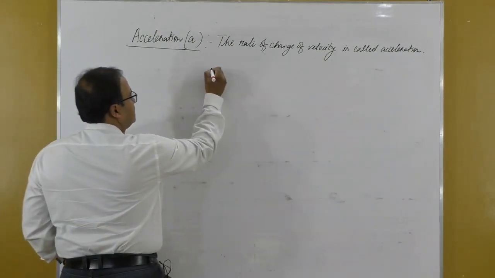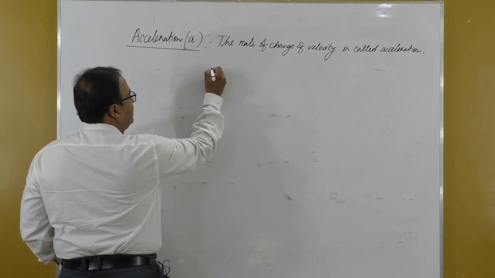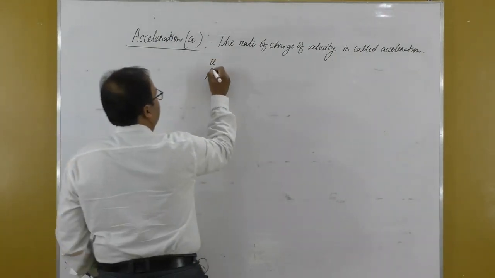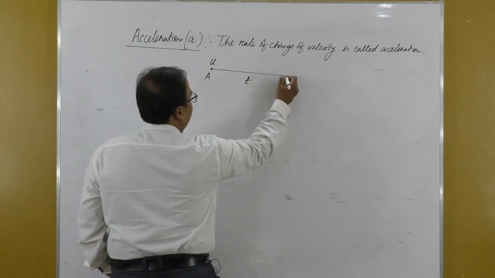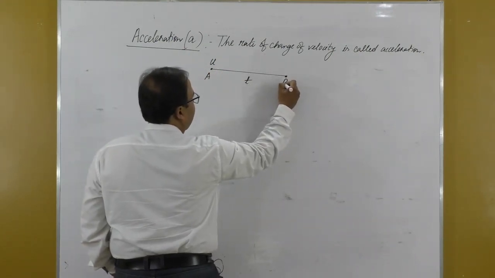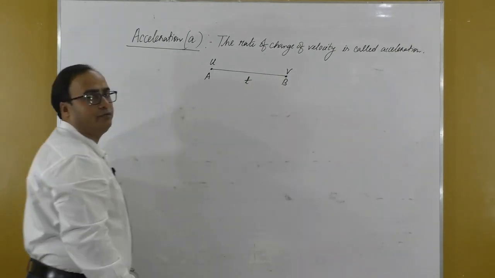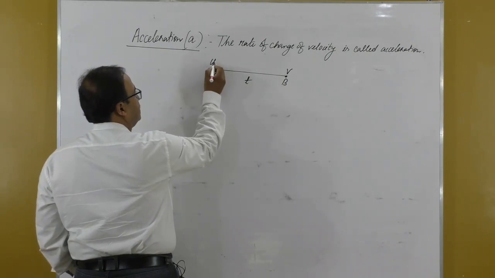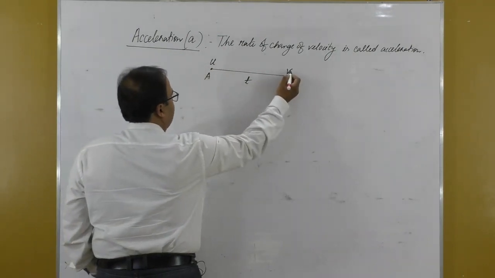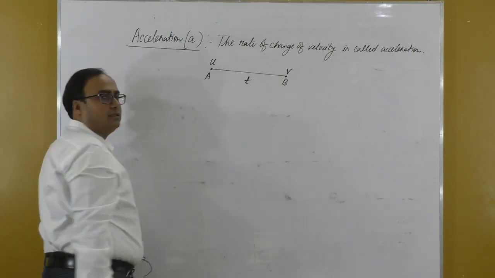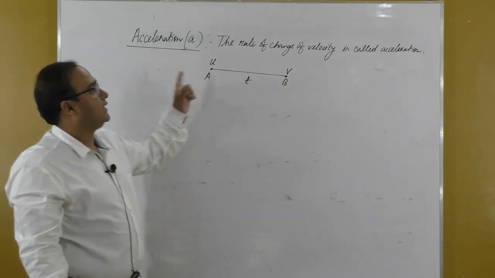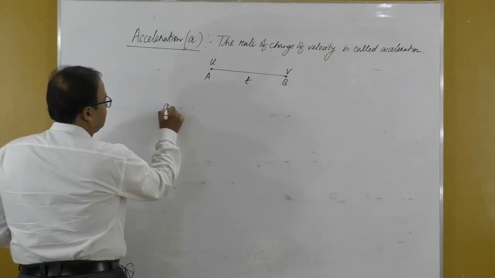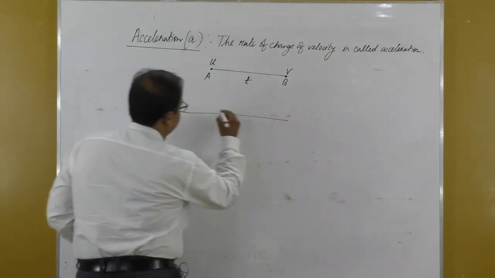Suppose a body started its journey from A and it was moving with velocity u. After time t, the body reaches position B and its velocity becomes v. So a body started its journey at A, velocity was u, at B velocity becomes v and time taken t. And acceleration is the rate of change of velocity. So we can write like this: acceleration is equal to